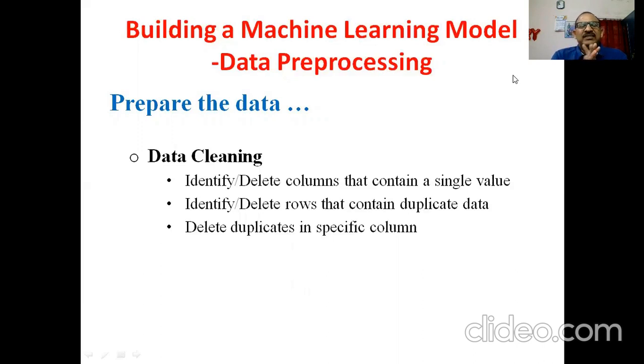How will we identify and delete columns, or you can say in other terms variables, that contain a single value? Next is identify and delete rows that contain duplicate data. Next, delete duplicates in specific columns.